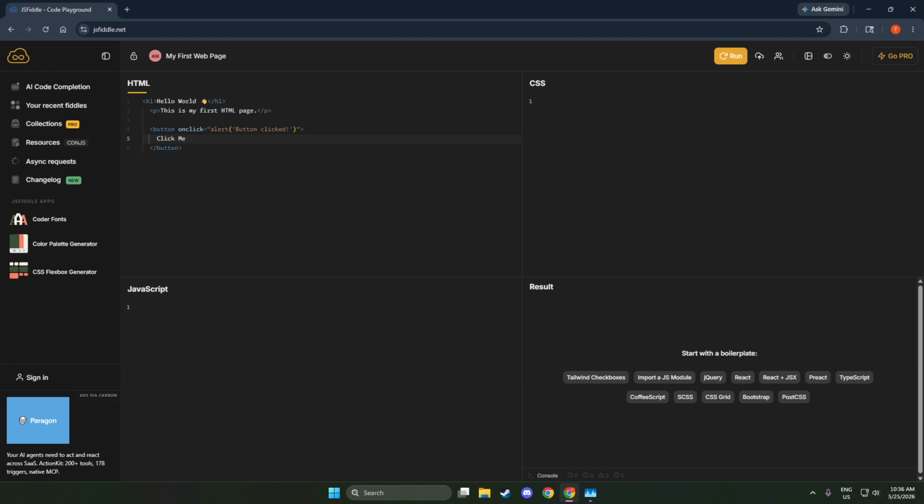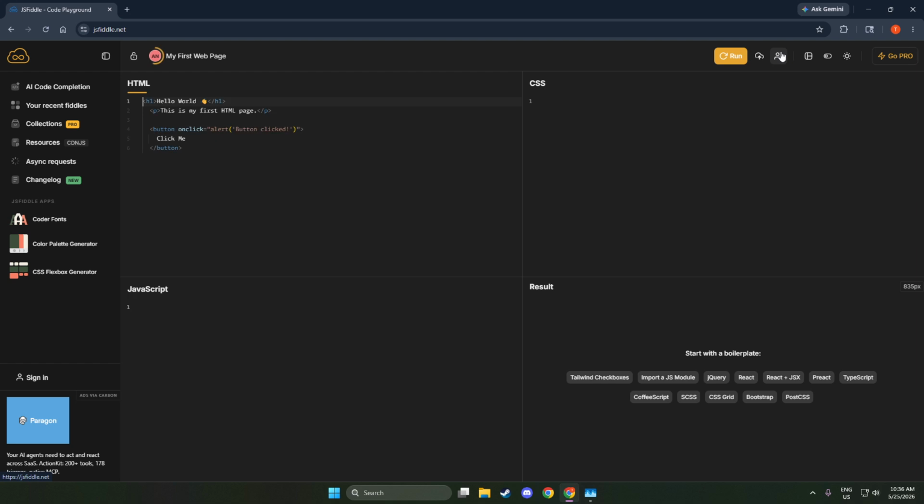If you only have HTML, that's perfectly fine. Leave the other panels blank. If you have styles, drop them into the CSS panel. And if you have scripts, place them in the JavaScript panel. You don't need to add anything extra to make them connect. JS-Fiddle knows how to combine the panels into one working page. You can resize the panels to focus on what you're editing, and it's okay to overwrite any placeholder text you see.